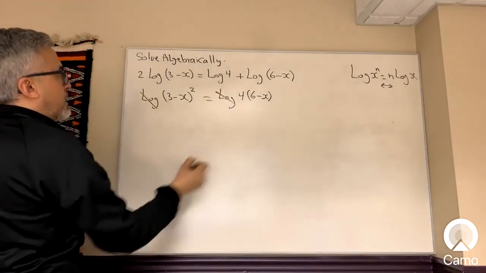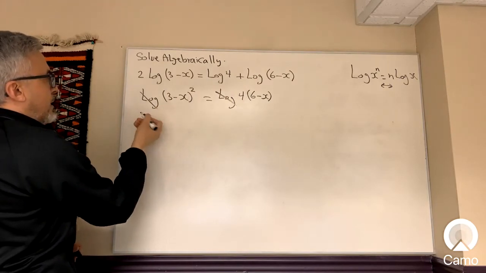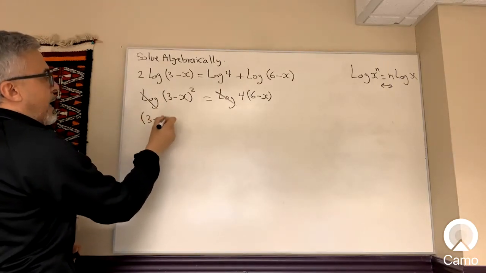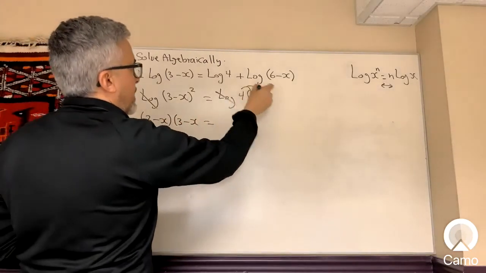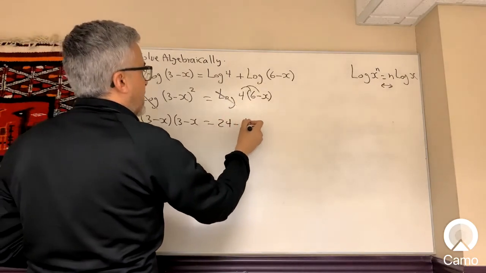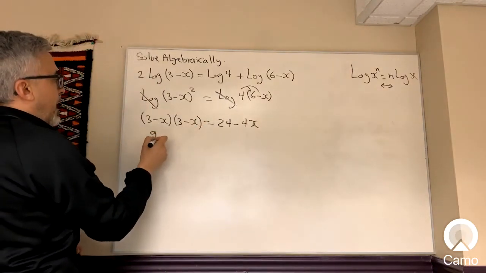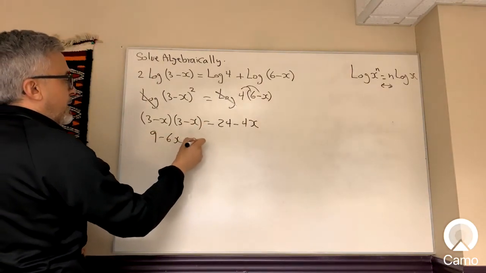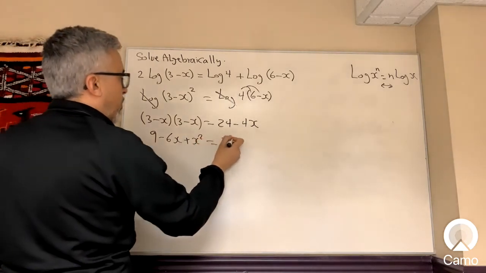So I cancel the logs here. This I'm just going to FOIL, so it's basically 3 minus x times 3 minus x. And here I'm just going to distribute the 4 into there, so I get 24 minus 4x. Here, if you FOIL this, you're going to get 9 minus 6x plus x squared. At this stage, I'm going to move everything to one side, equate it to 0,